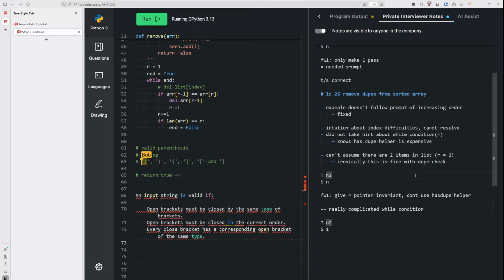So this means the open brackets must be closed by a matching bracket. There must be a matching pair for each open bracket, and the closing order must also match. Right. So every closed bracket has, you can't have an open bracket and then have a